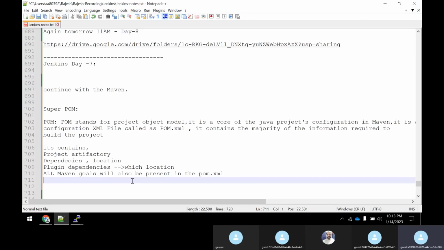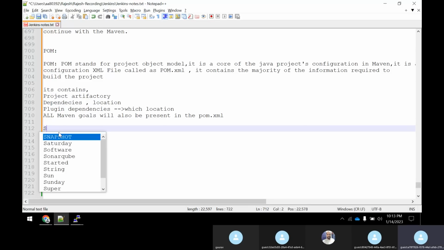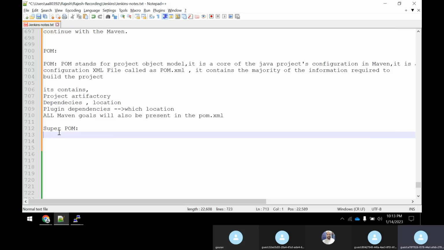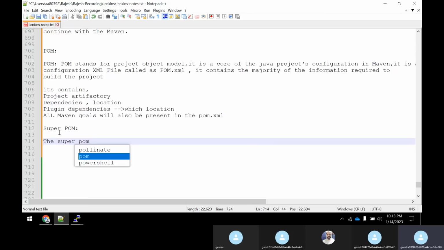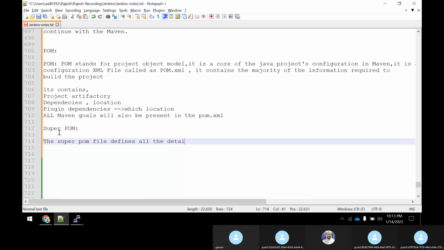So what is a super pom? This is a pom actually, right? And here it is a super pom. So the super pom file defines all the default configuration of your project.